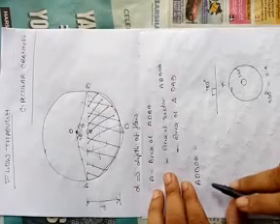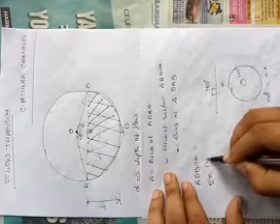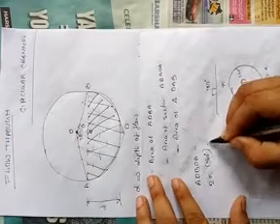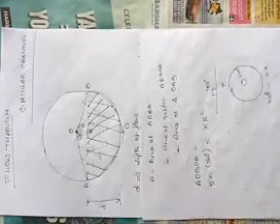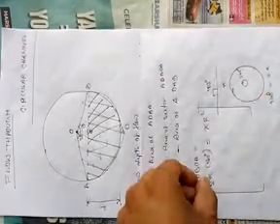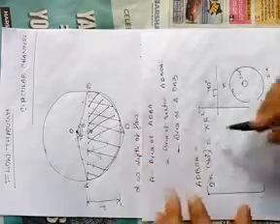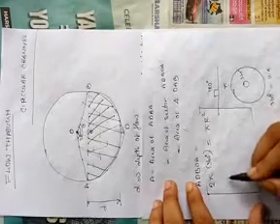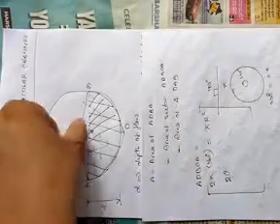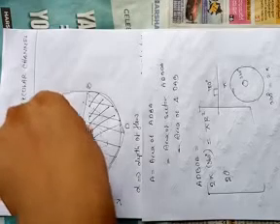Here, 2 pi is 360 degrees. When it is 360 degrees, the complete circle, the area of the circle is pi r square. If it is 2 theta, only this angle, instead of the complete area and complete angle, here we have to find out the area for just 2 theta.